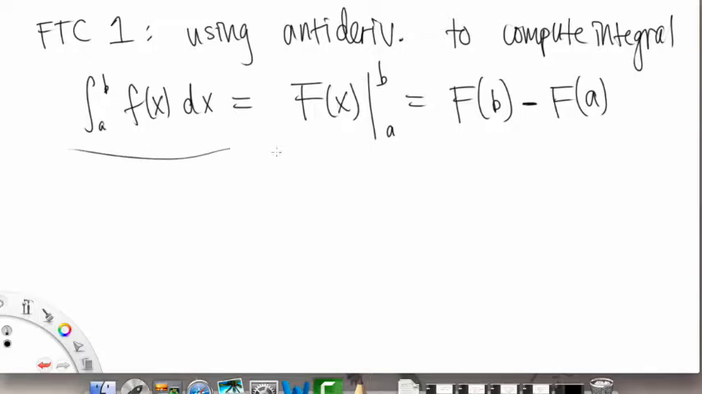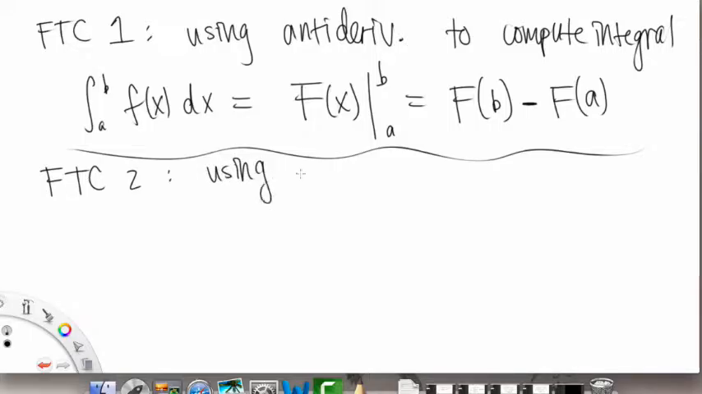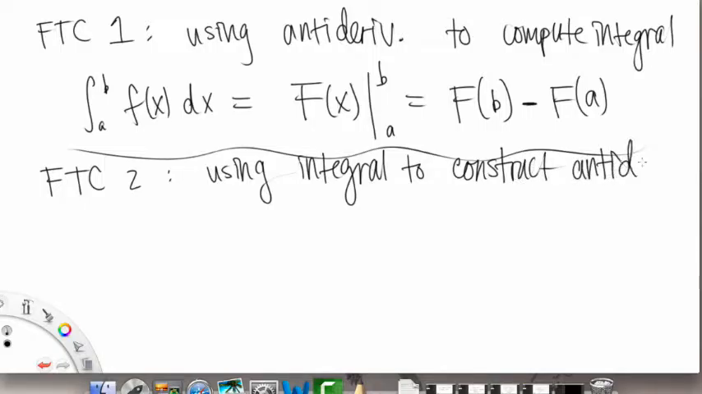Okay, so that's what we were doing in Part 1 of the Fundamental Theorem of Calculus, and now in Part 2 what we're going to do is kind of the opposite. We're going to use the integral to construct an antiderivative. Okay? And what this looks like is basically saying that our antiderivative, this thing,